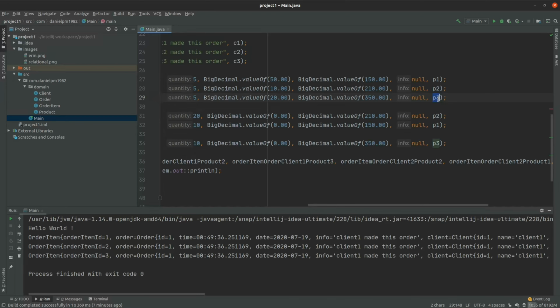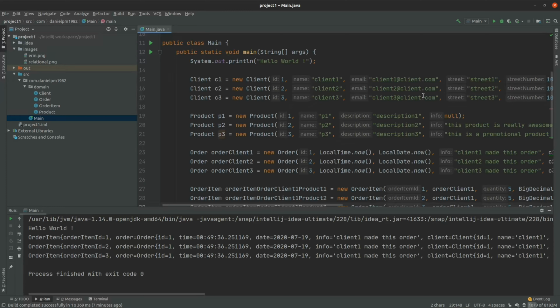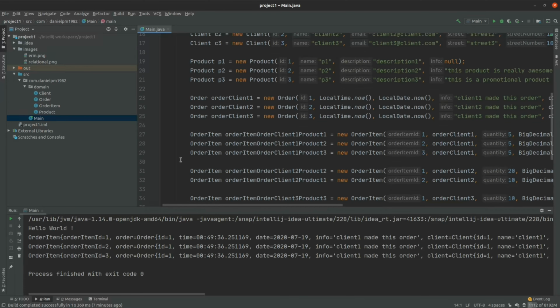So we would manage only these references, and the JPA framework, if we use that mapped by annotation, would automatically manage those lists that we're gonna add to client and to product classes when we start using that JPA